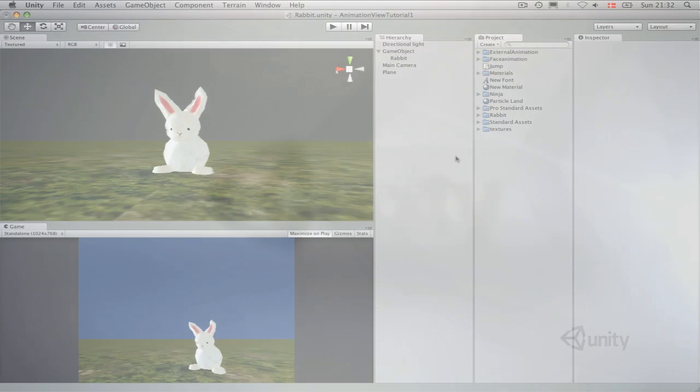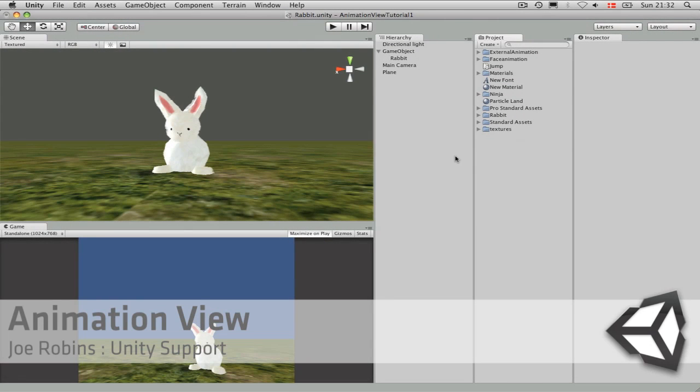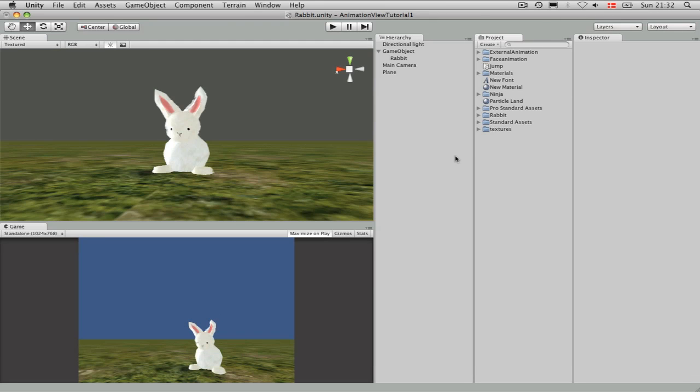Okay, so welcome to the animation view tutorial. In this tutorial I'll be covering the basics of the animation view, adding keyframes, editing curves and tangents. I'll then move on to covering animation events, and they're very powerful. You can basically add function calls from within the animation clip, so I'll cover those and show you how cool they are. And then finally I'll go on to importing external animation